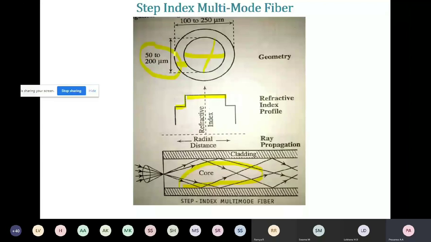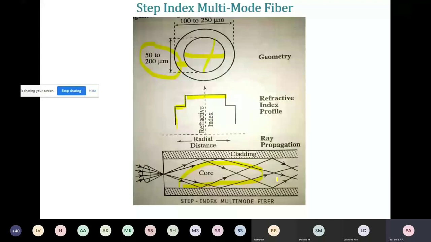And again, at the rim, since the surrounding medium is assumed to be air, its refractive index falls down to the value of the refractive index of air. It is 1. So this also looks like steps again. Therefore, it is step index. Multimode, because it supports a number of rays or modes to propagate because of the higher area